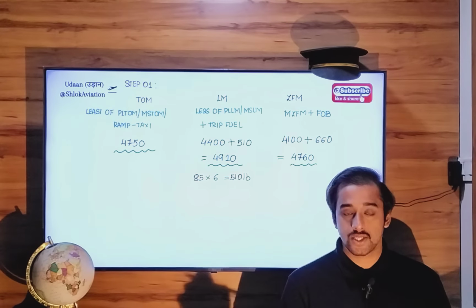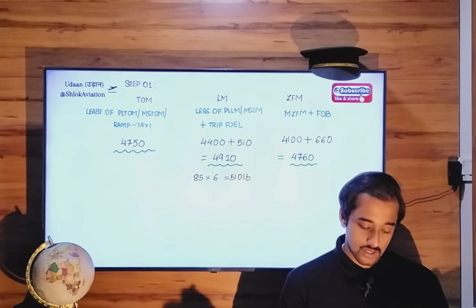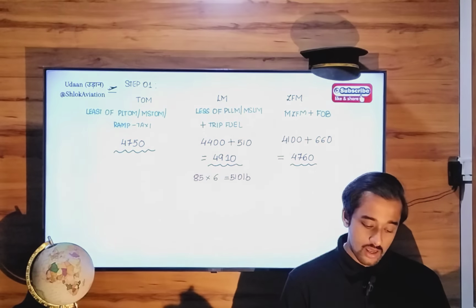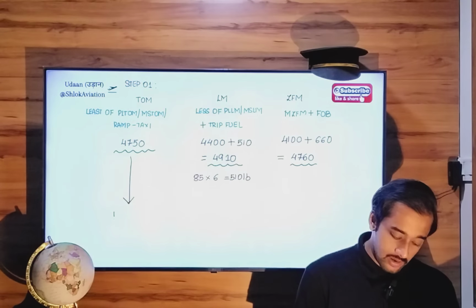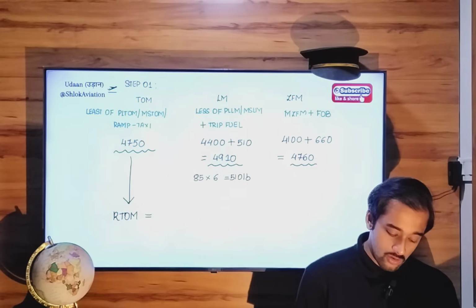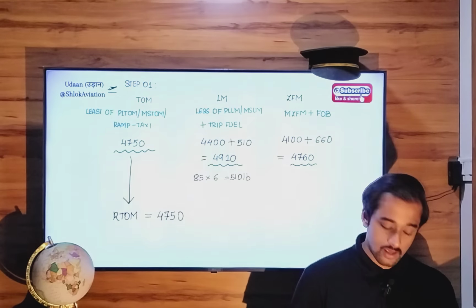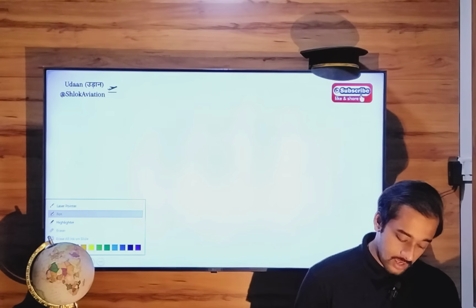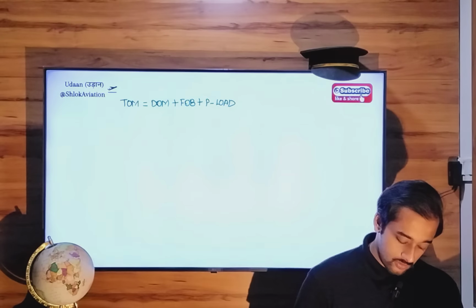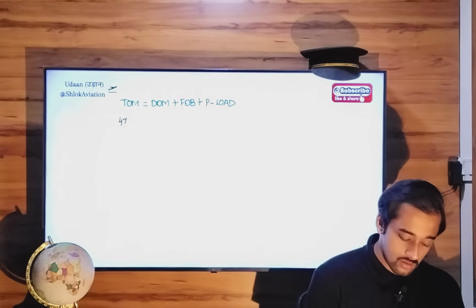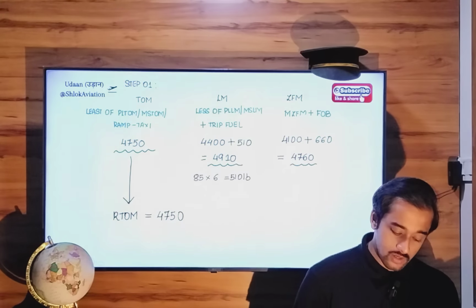which is the least of all in value, and that number is 4750. So regulated takeoff mass equals 4750. Use the formula: 4750 equals DOM plus fuel on board plus payload, right? Now what is DOM? DOM equals